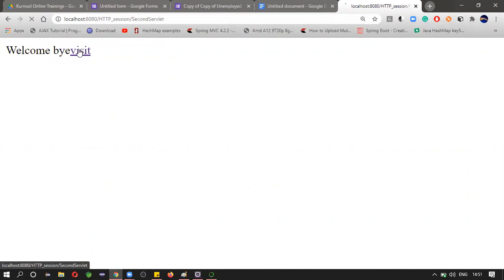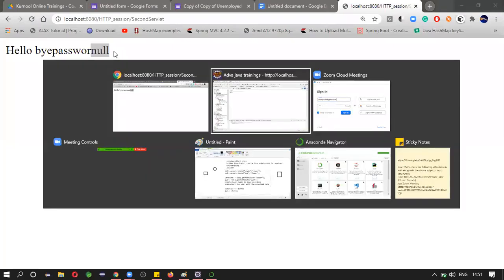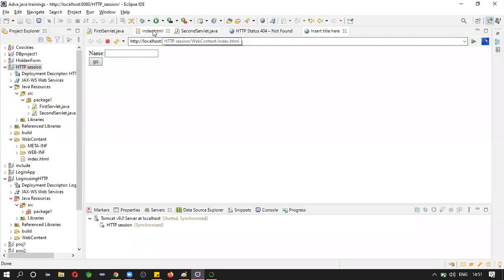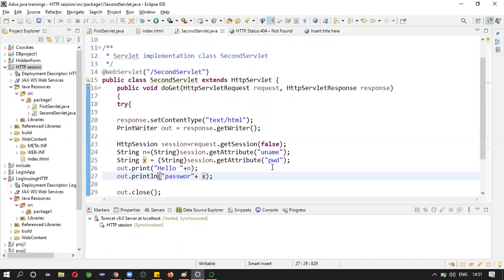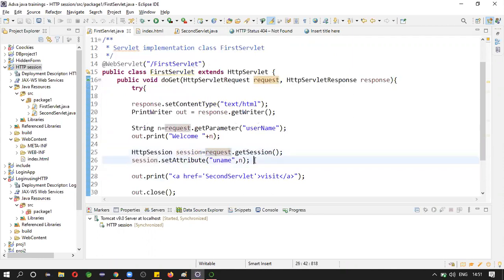My visit. What is this? Null. Okay. Because there is no such attribute called PWT, instead of giving an error, it is returning null. If you pass any value for that here,